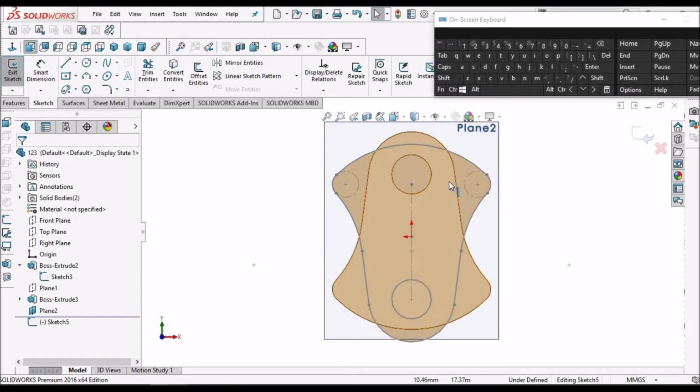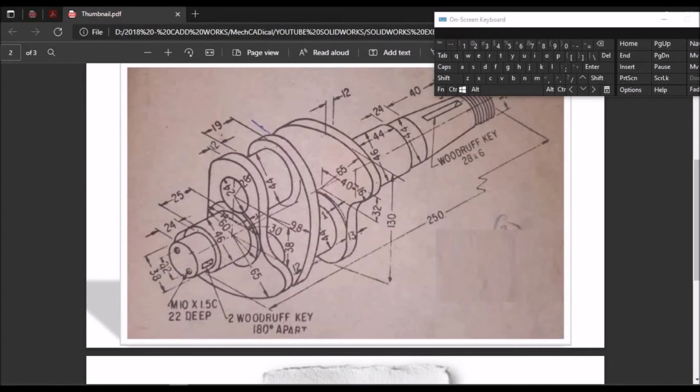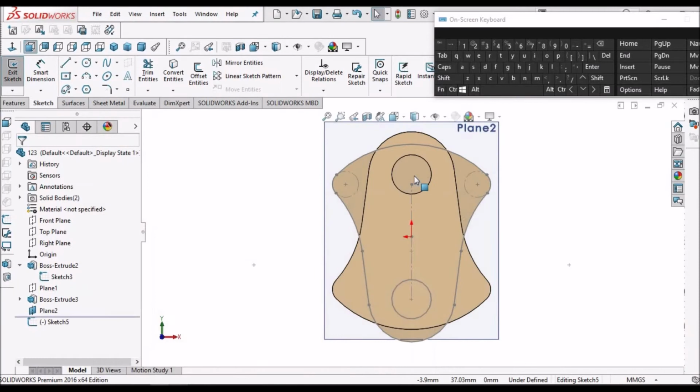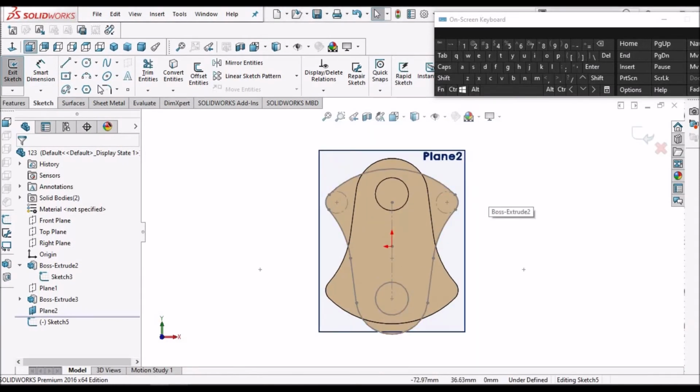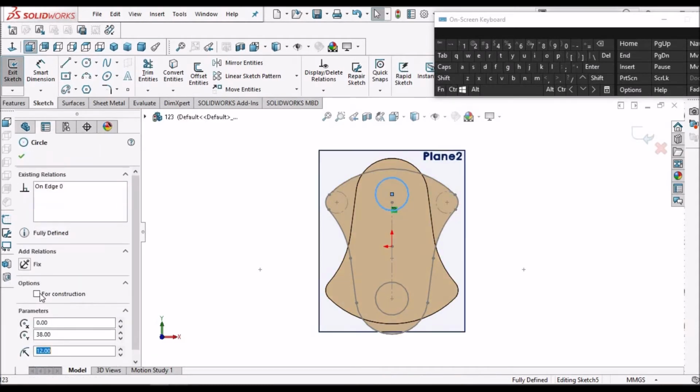Now this sketch is a little bit tricky. So the arc length is 98 from this center. So from this center this arc length is 98. So what we have to do is I will select this line and convert entity and make it construction.